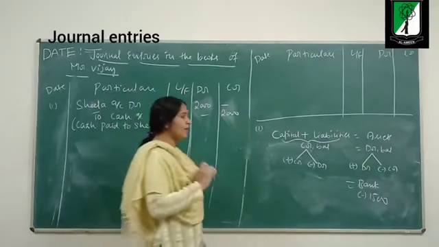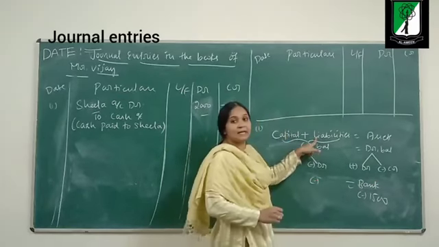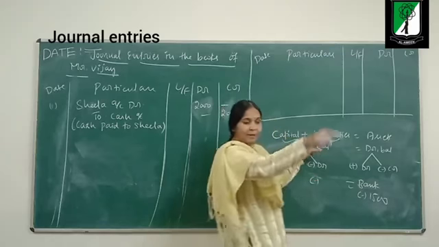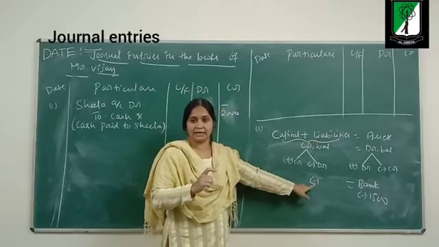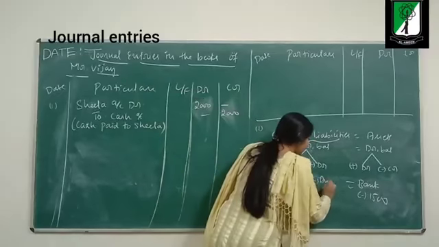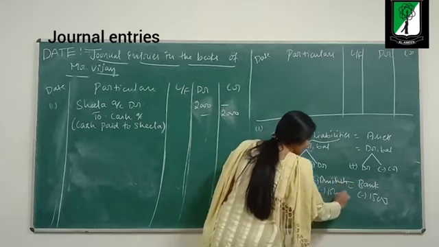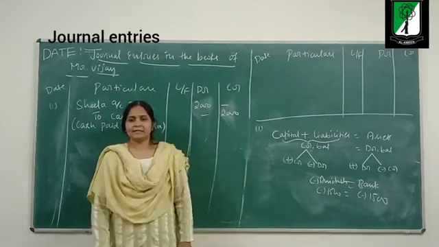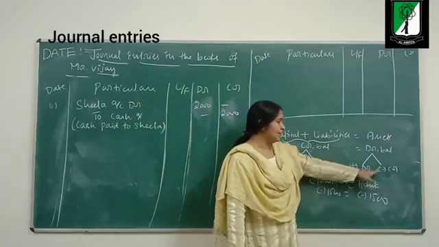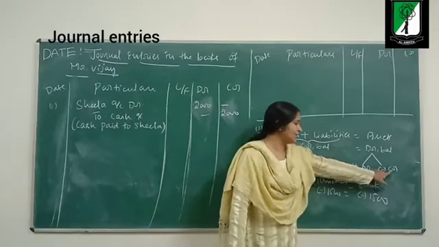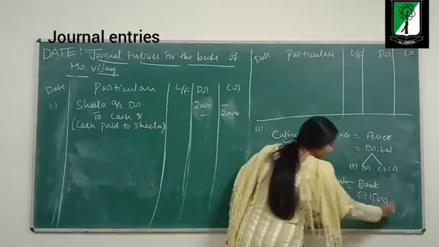So to Amitabh it has paid. My liability is declining. When I make payment to Amitabh, my business liability is declining. So Amitabh is a liability, rupees 1,500. Cash at bank is an asset. What is happening to my asset? It is declining. A decline in asset should be credited.